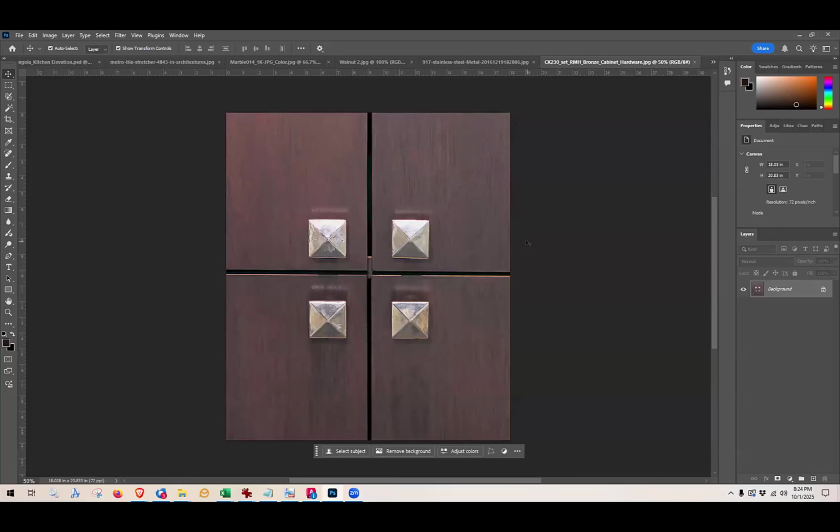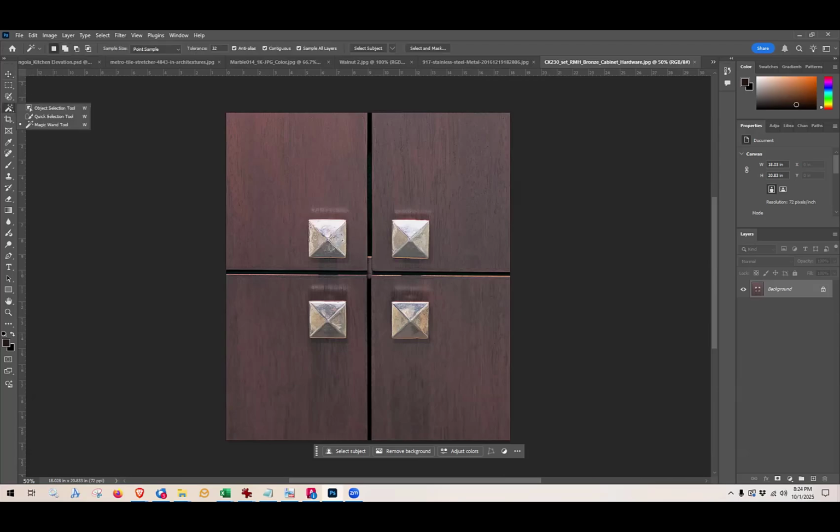I just looked up knobs, and I found this because I thought it might be cool to use these as my knobs. So I'm going to grab one of these, and then I am going to start to plop them into my render. So to do that,